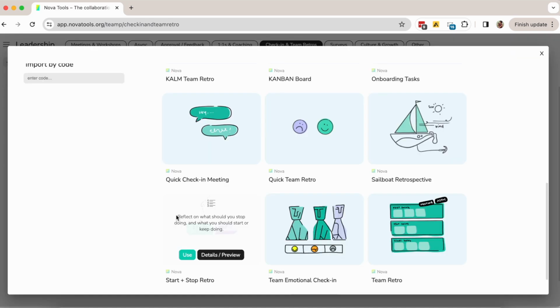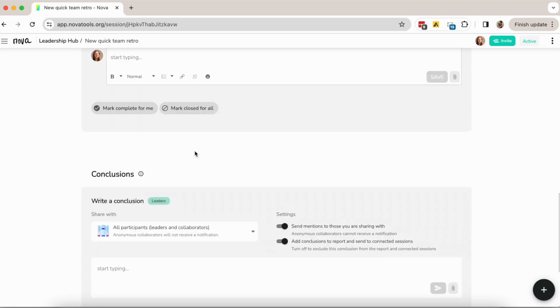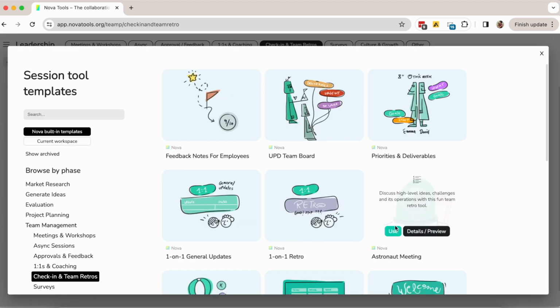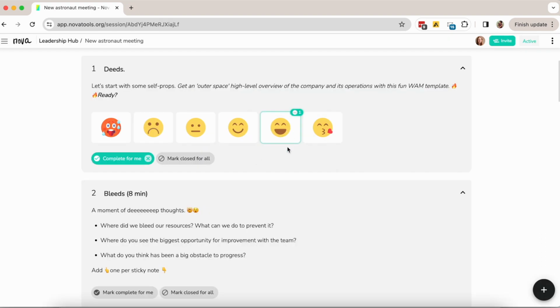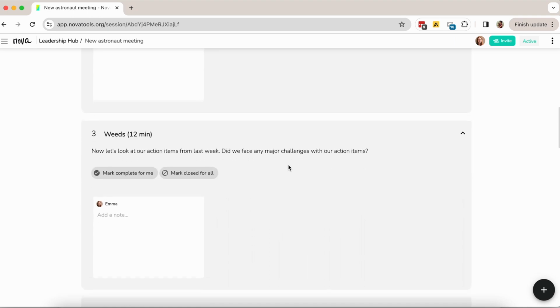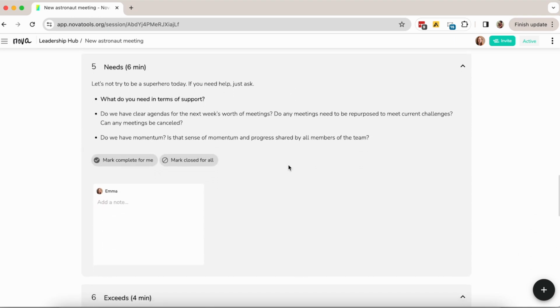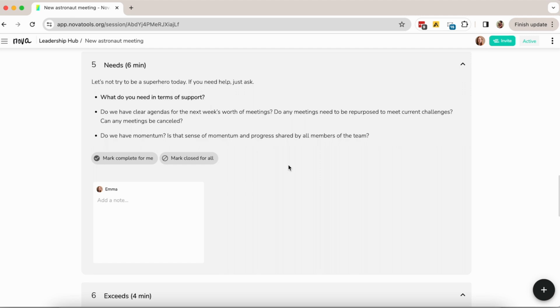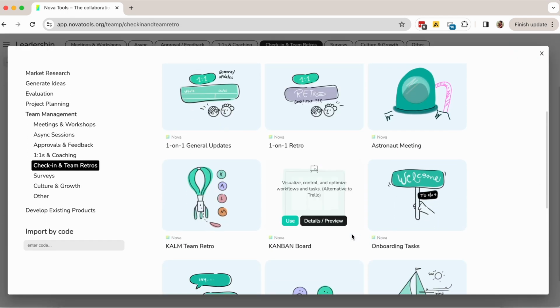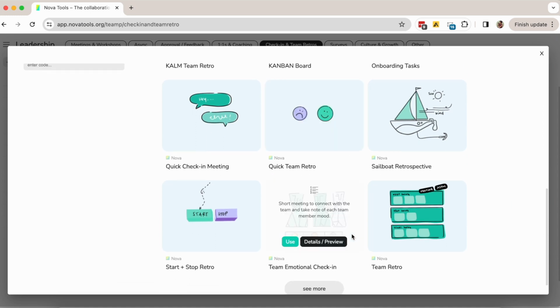Here is the quick team retro. Here are all the questions. Here is the astronaut meeting. Here are all the questions. These are just a few tools that you can use. It is important that you are aware of how to best facilitate these meetings, even if you run them asynchronously. But more importantly, is that you make a decision collectively into what changes or improvements will be tested,